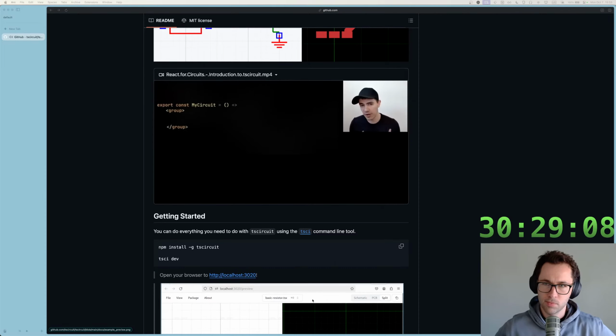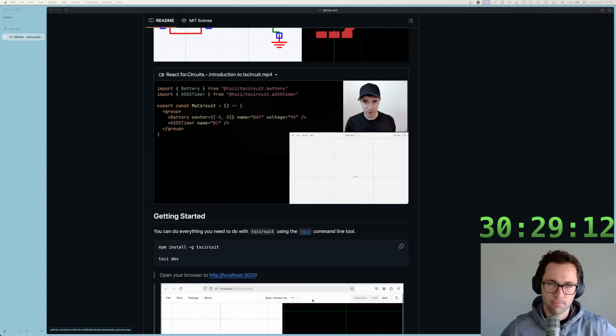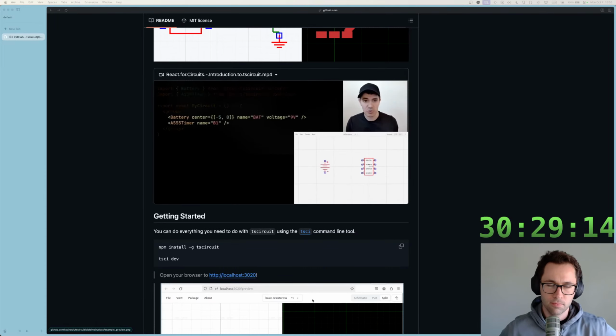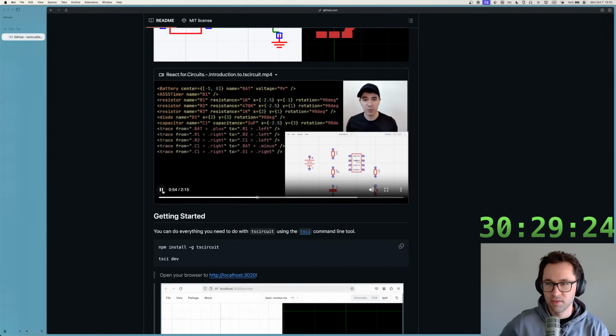Open up VS Code and create an empty circuit. Let's import the battery and 555 timer component and then add it to our circuit. As we develop, the preview window is going to instantly update with all of our changes. Now let's add all the passive components. That's the resistors and the capacitor. And then finally